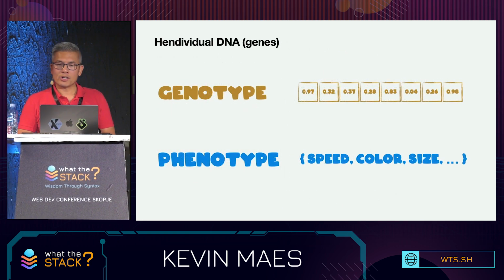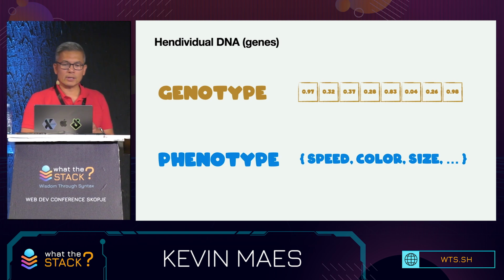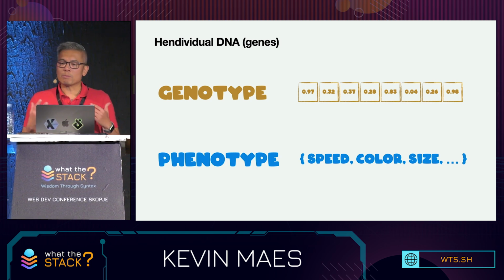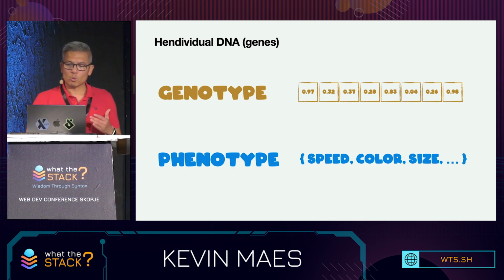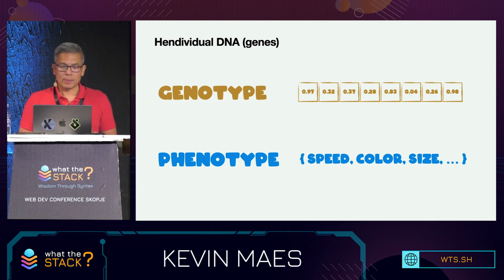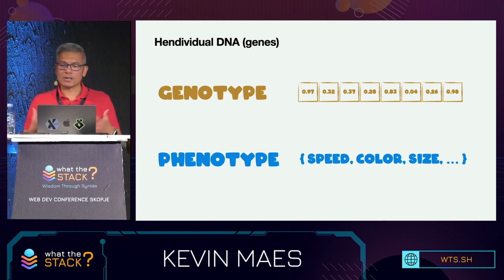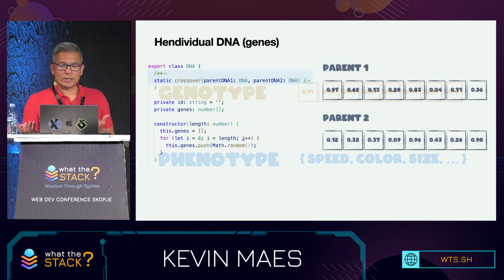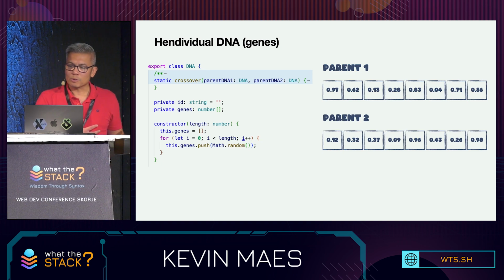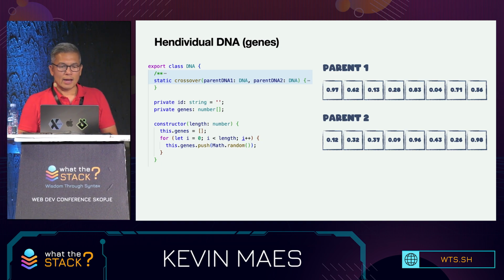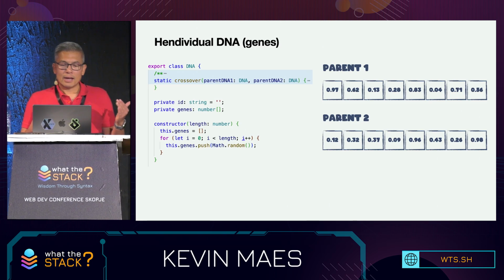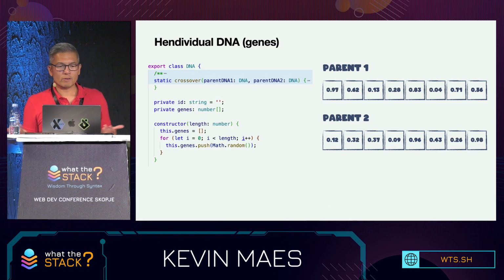Another important concept in genetics and GAs is the distinction between the genotype and the phenotype. For our purposes, a genotype is basically represented as an array of random values from 0 to 1 for each individual. And the phenotype is how these values translate to behavior characteristics of the hens in the game. So we can create a JavaScript class for the DNA, which holds the genotype array. Each of these values will be assigned at creation. But during crossover, both parents will bring their own existing DNA to produce offspring.